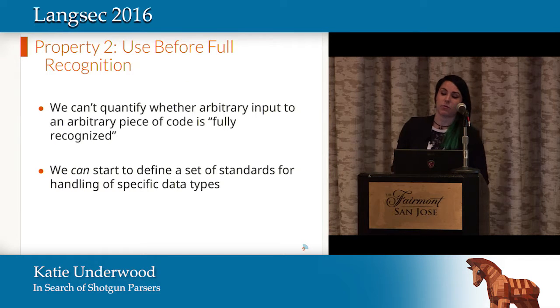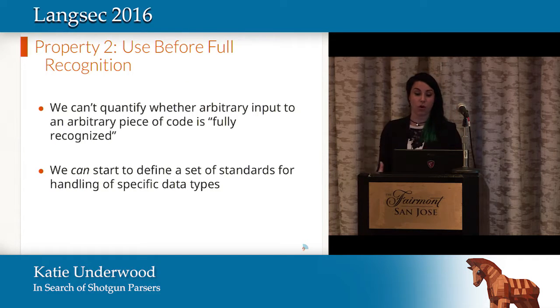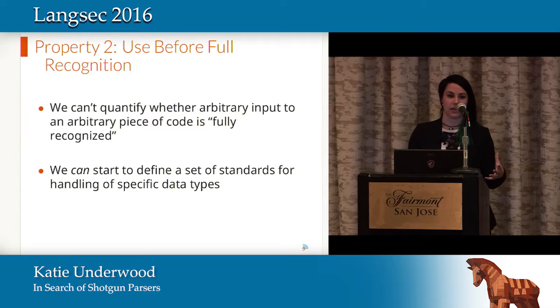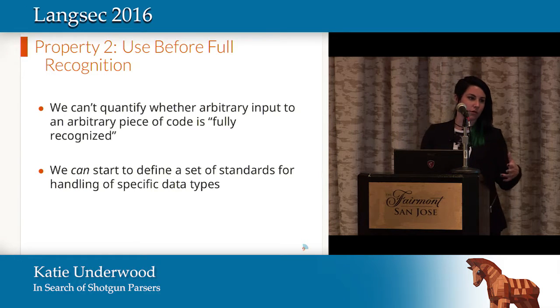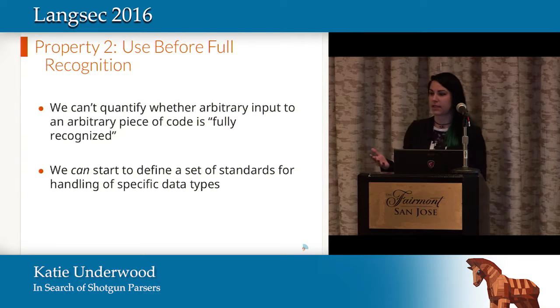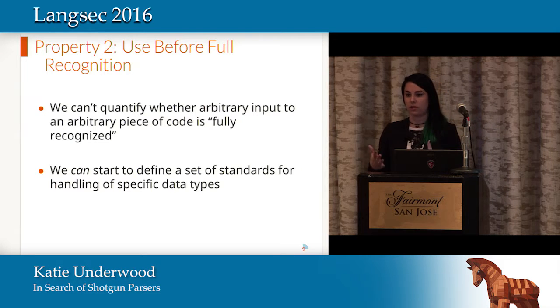Now, coming to the second property, which is arguably the most important, the use before full recognition. Of course, unfortunately, this is also the hardest property to characterize in an automated fashion. Because, of course, if you have an input language which at all approaches Turing completeness and complexity, it becomes impossible to actually quantify whether arbitrary input into an arbitrary piece of code is fully recognized, because that reduces to the halting problem. So what we can instead start to do is to define a set of standards for handling specific,